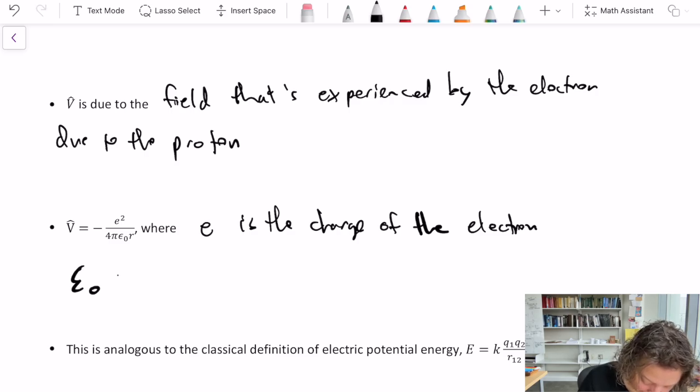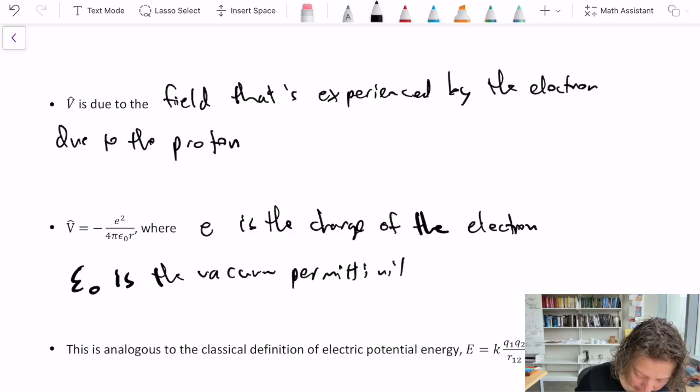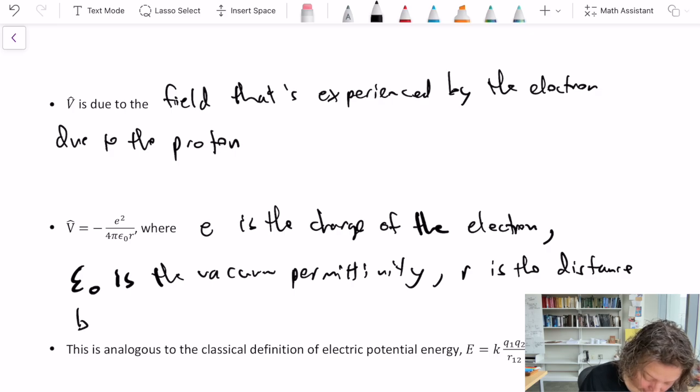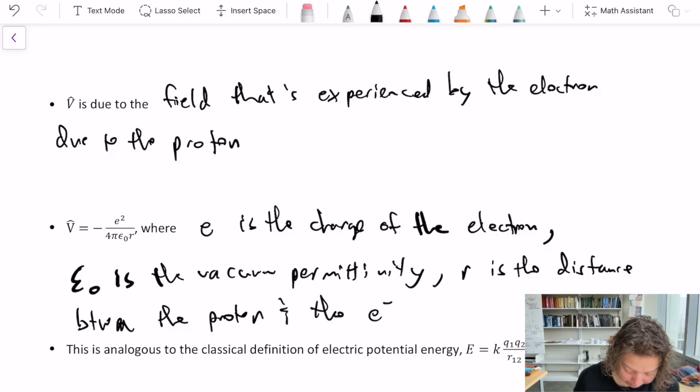Epsilon naught is the vacuum permittivity. This is a constant that you can look up. R is the distance between the proton and the electron. And you see that this equation here is analogous to the classical version, which is basically the